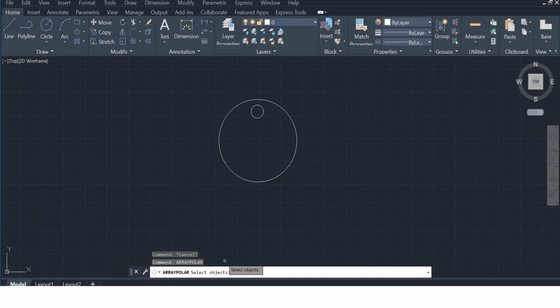Since we need to create an array using this small circle, we select this and then click enter. Now we have to specify the center point of the array. So obviously we should not select the center of this circle, otherwise the array will come like this. Since we want it to come at the exact middle of the larger circle,